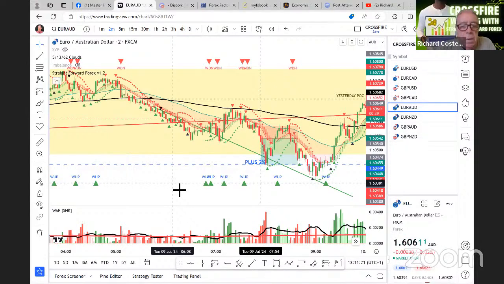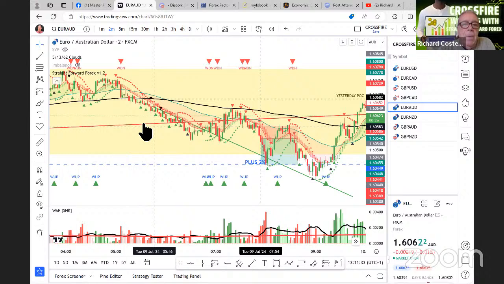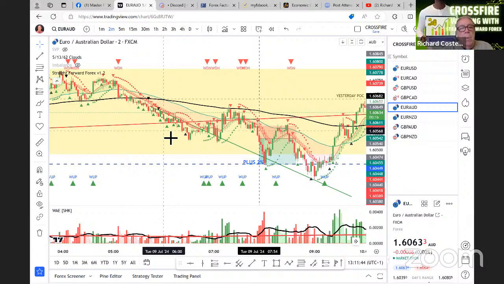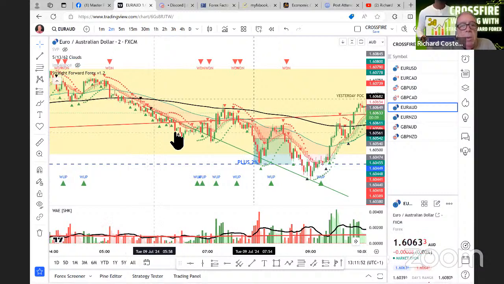There we go. So if I start by looking at where price was at 6:15, which is when that 6 o'clock candle closed, you can see that at 6:16, that candle there was actually still in no man's land. In other words, it was between the red trend line that I'd gone on and the green trend line. So when price is between those two trend lines, we never ever get in. We wait for it to either break above the green trend line, in which case we start looking for a